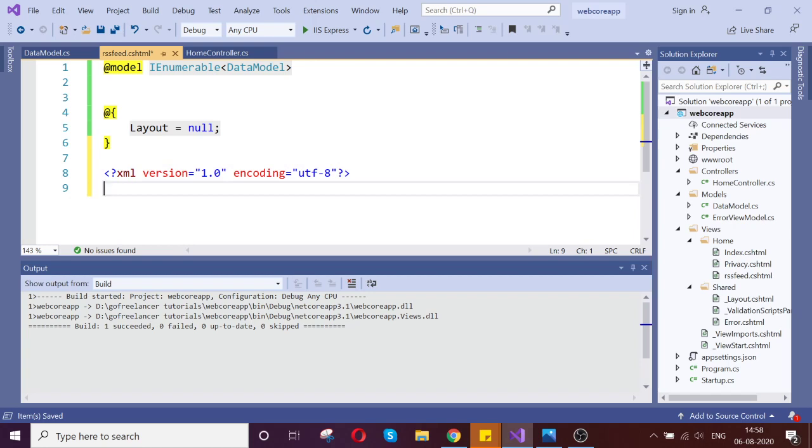Okay, so now let's go and define the RSS tag. The version I'm going to use is 2.0.